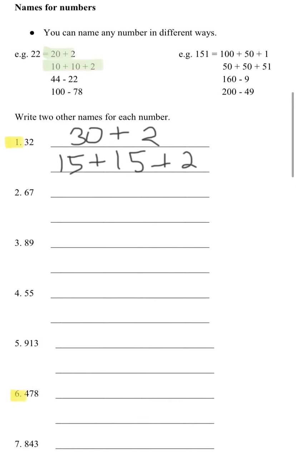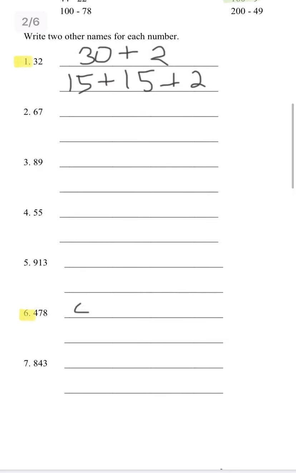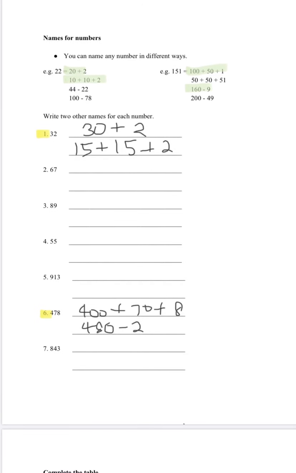Okay, next example is 478. Well, let's use this one and then this one. Okay, so 478 could be written as 400 plus 70 plus 8. Okay, and then it could also be written as 480 minus 2, right? Because it equals 478. Okay, so again, pause the video to work on the rest of the questions, and then let's move on